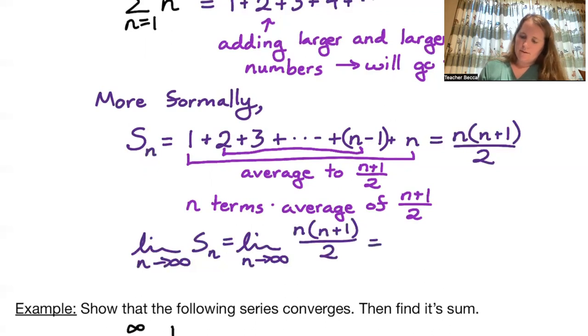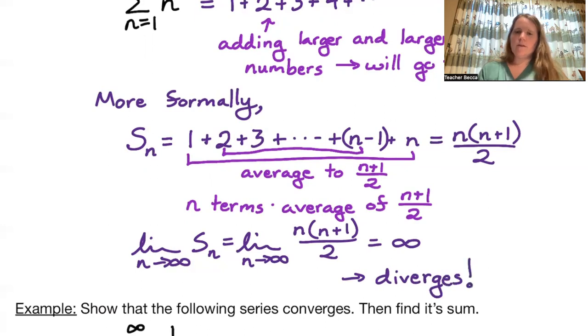And that, of course, is infinity. And so we have it diverges. So this is the more sort of formal rule. In general, this may be of use later. So in general,